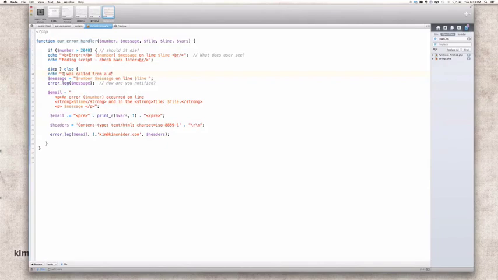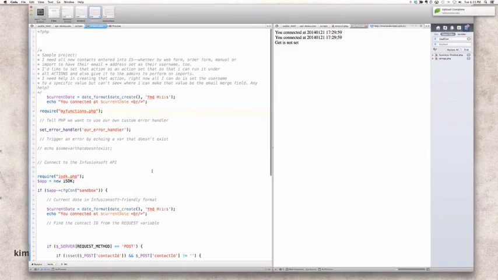I was called from a different file. See what happens. Okay, so now if we run this, yay! Oh, well, my formatting is messed, but anyway,